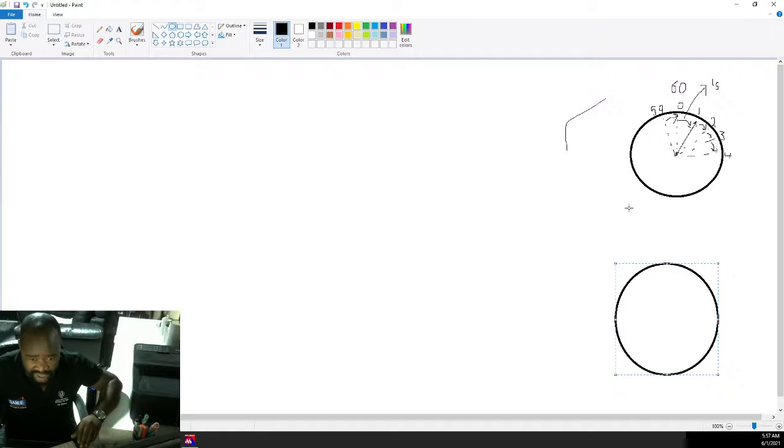Let's assume that's our timer 0. It also starts at 0 at the top. So it will start at 0, and then it will increment to 1,